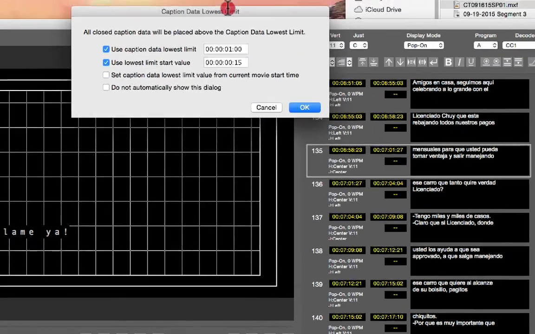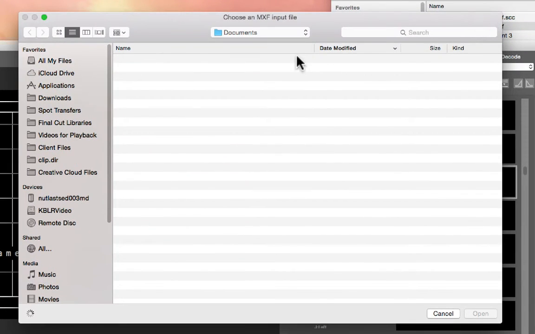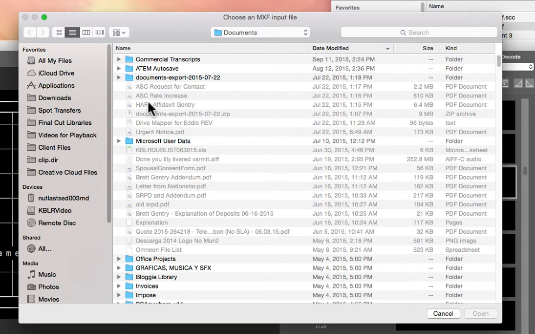And then this always comes up. I just leave it like this. I turn this on 1 second. I turn this on 15 frames. And I can explain these real quick. This is the lowest limit for when the caption should start, and this is when the data for the caption should start, at 15 frames, so it should be able to load it. Unfortunately, this is really short, and so it may cut off the first caption, but we just have to deal with it this way. So we hit OK,